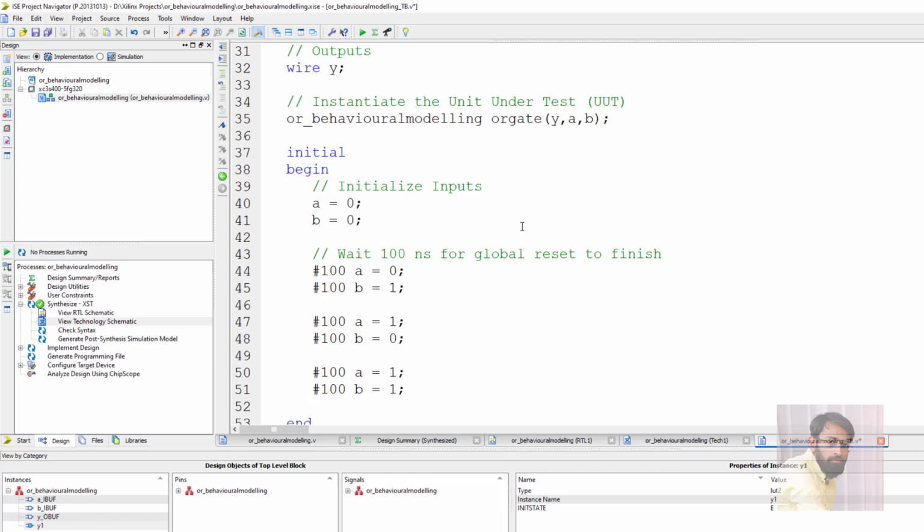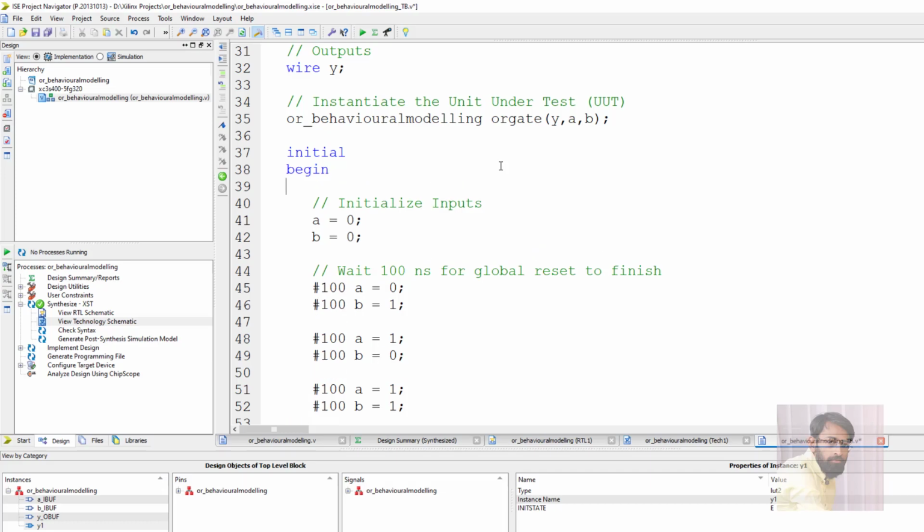Next will be 1 and 1. In order to view the result in the console window, include a $monitor statement. Next, $time to display the simulation time. Next, output y is equal to %b, a is equal to %b, b is equal to %b. So here y, a and b. Save it and let us simulate this one.